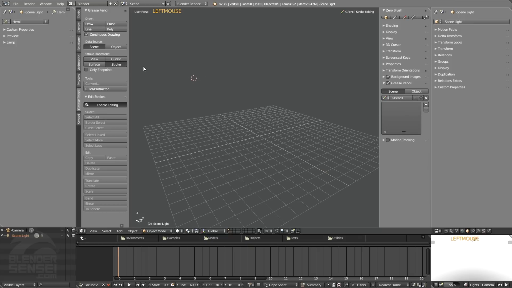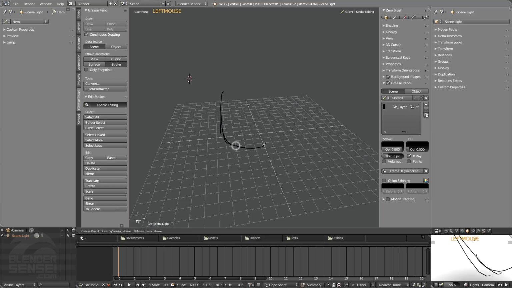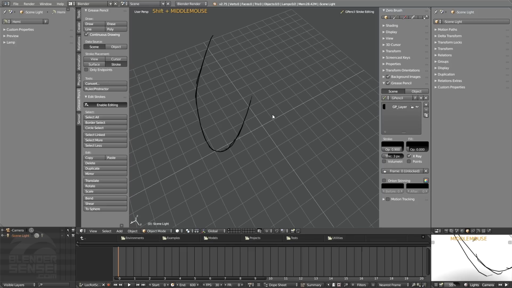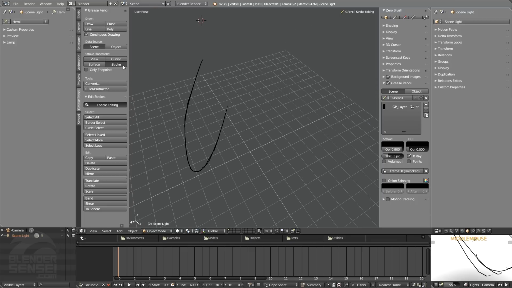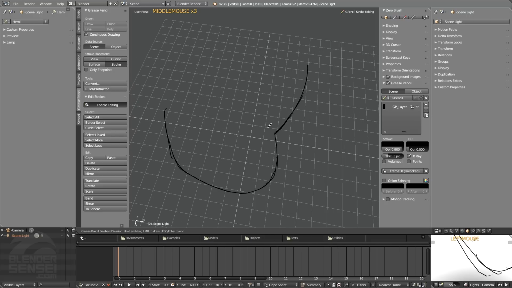Finally, if we switch this over to stroke, stroke does its best to start your new grease pencil stroke as close as possible to wherever your last stroke left off. For instance, if I hold V and start drawing something like this, and then I rotate around and come over here. If I were not on stroke, this would most likely, if I begin to draw from this point, Blender may not necessarily understand where I meant for this stroke to begin in 3D space, but if I come here and then press V, it understood pretty well and started that stroke